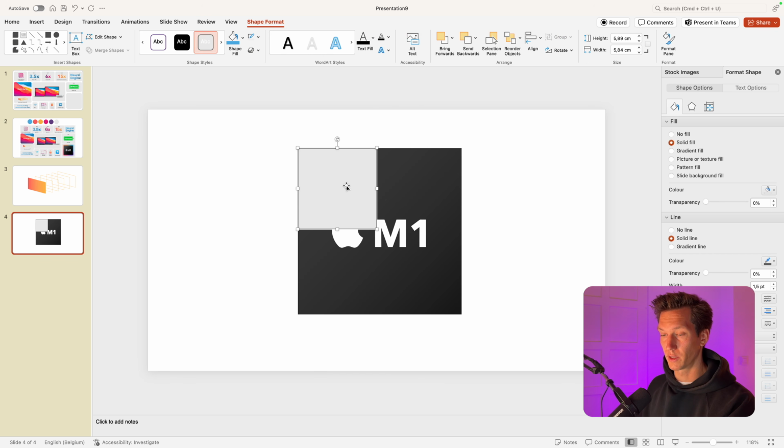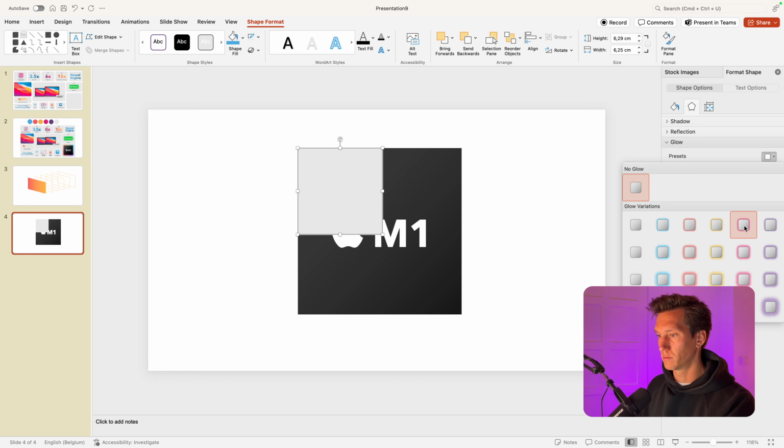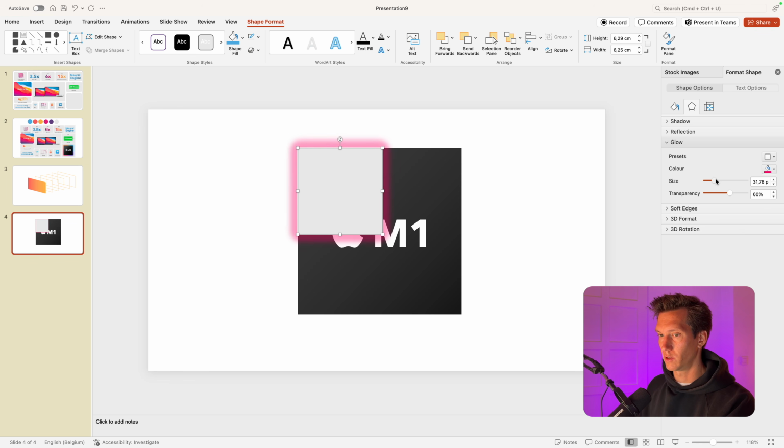So I'm going to make 4 squares. Let's make it a perfect center line here and a perfect center line here. No outline. No, we can have a fill. Let's go for a glow effect and then set that one to pink. Size of the glow can increase. Transparency can be quite okay. We can make it